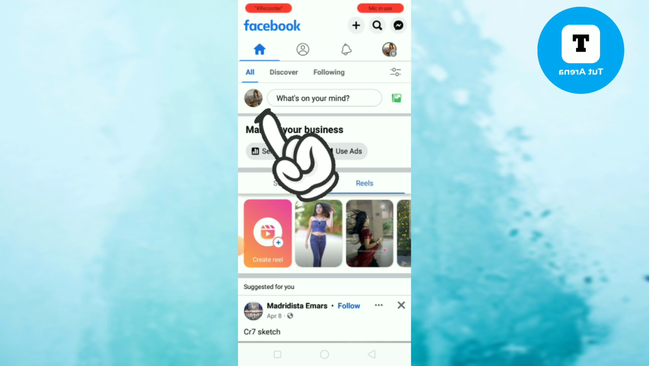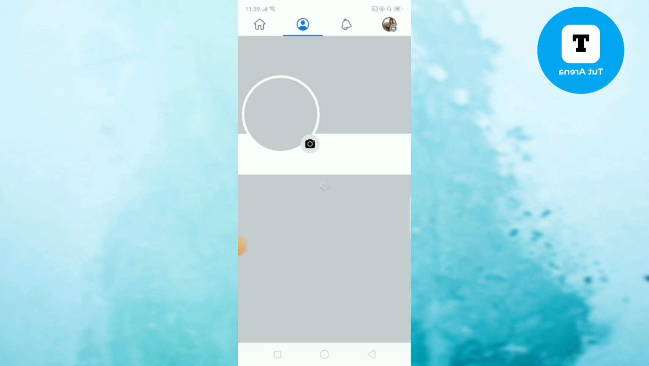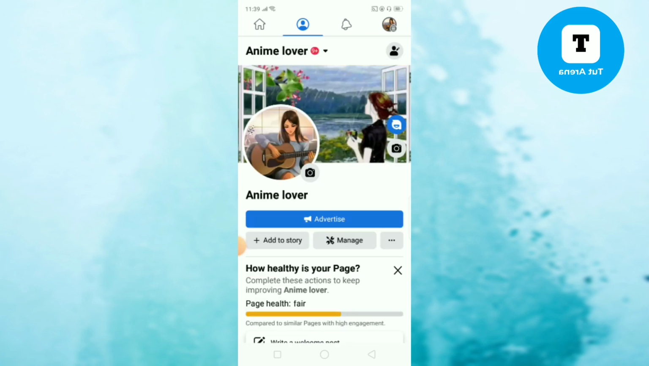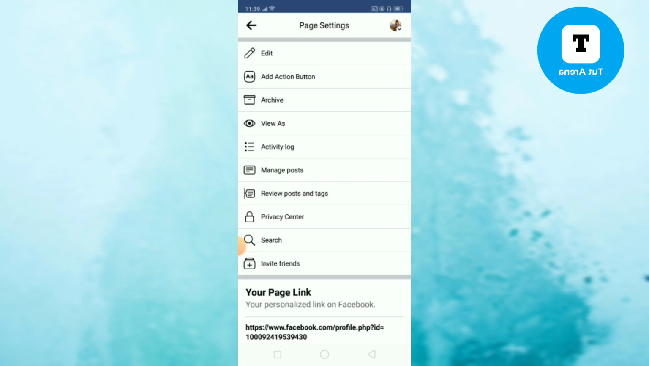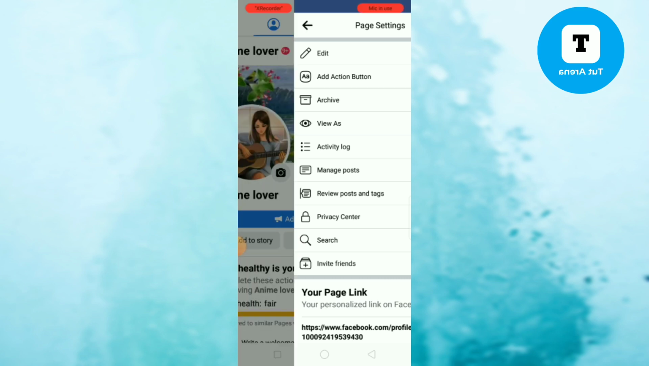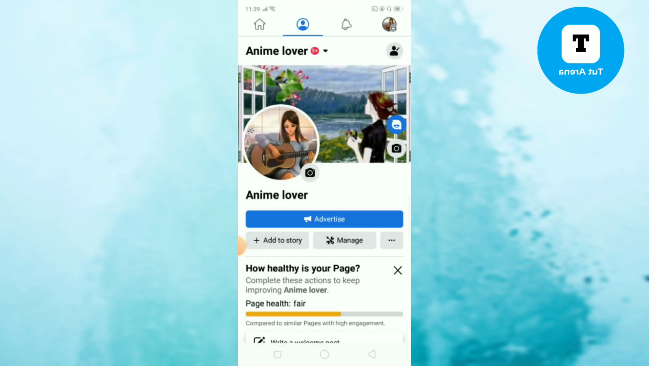Then tap on your profile of your page, and in here you guys can see the three dots. Tap on here, and then if you can't find any follow button on this list, go back and then tap